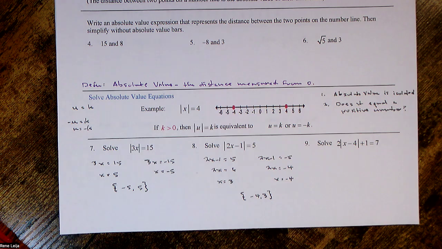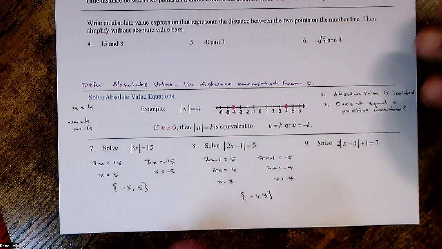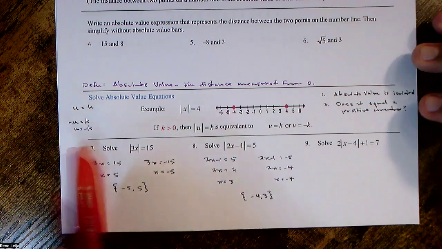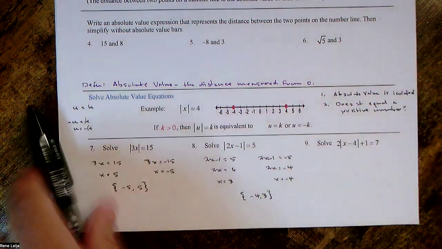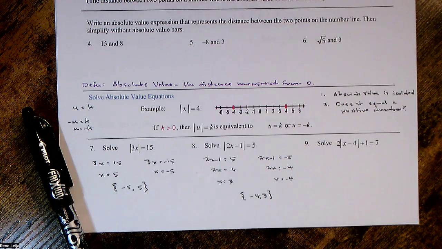Do not hang on to the absolute value. When you split, let go of the absolute value, okay? Now, number 9 is an example where our absolute value is not isolated. It's not by itself. So we have to